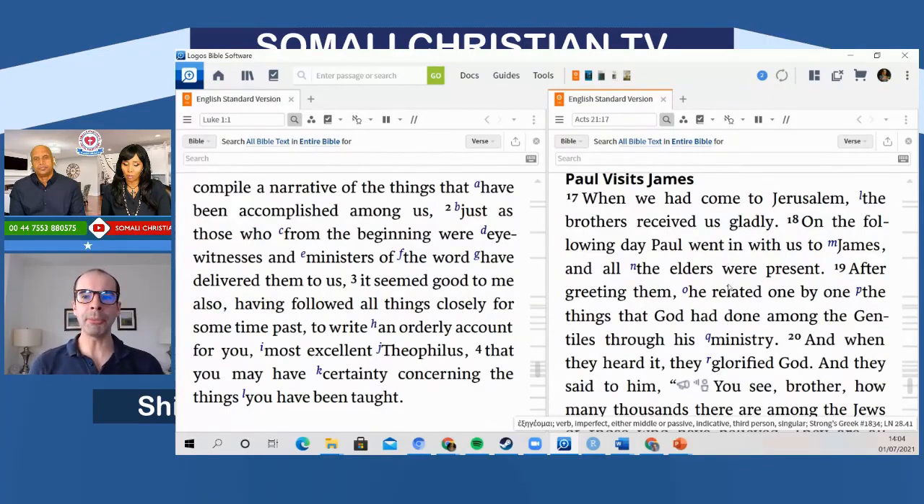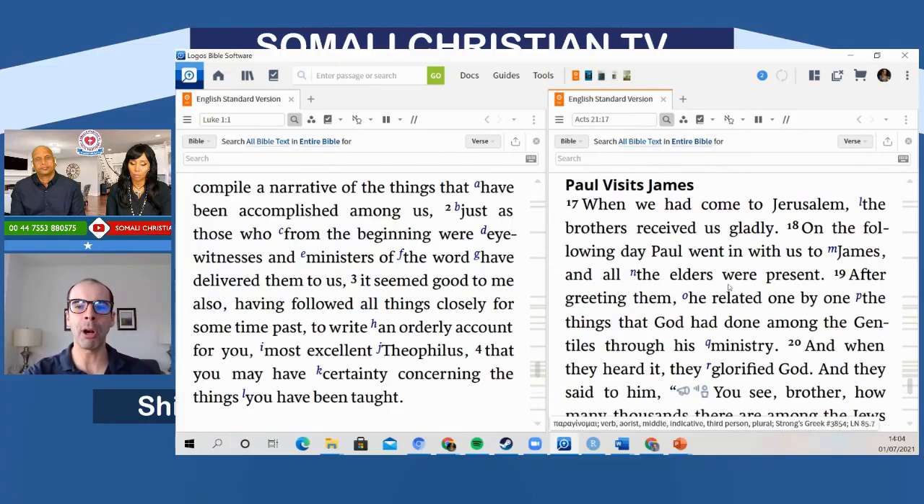It says, "When we had come to Jerusalem, the brothers received us gladly. On the following day, Paul went in with us to James, and all the elders were present. After greeting them, he related one by one the things that God had done among the Gentiles through his ministry," and so forth. So notice that Paul is in Jerusalem, and notice that this is among the so-called we passages